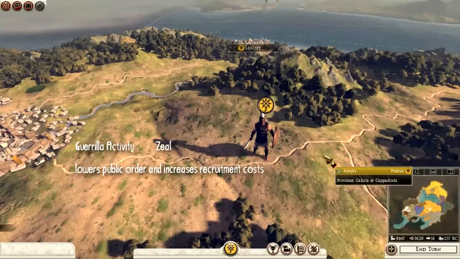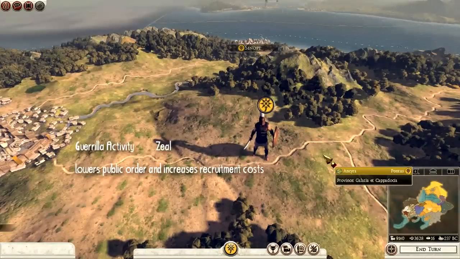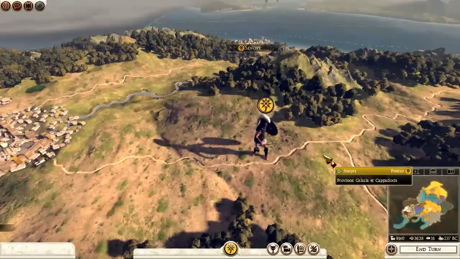This is just like corruption on the Dignitary. It describes him as being in the region, so it seems like if he's in the region, it will do this to the specific area, and it lowers public order and increases the recruitment costs within that province. So again, going over the total attributes for the champion,